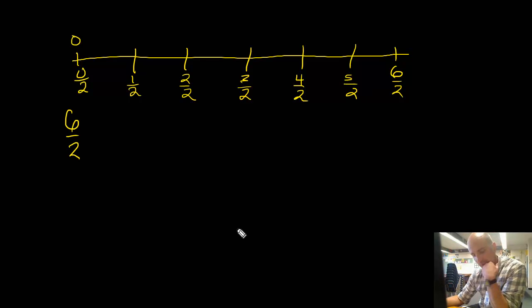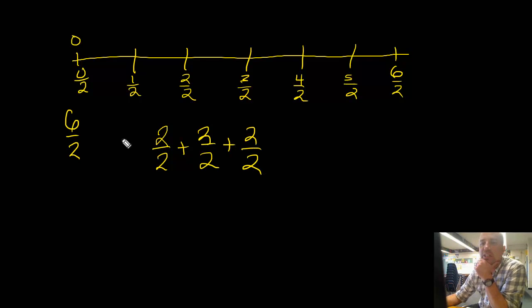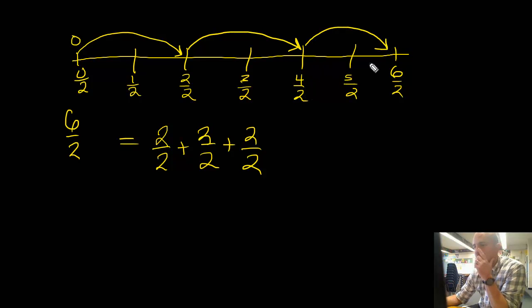Now, what I want to show is an addition sentence that could get me there. If I do something like 2 halves plus 2 halves plus 2 halves, let's show that. So that would equal this, right? 2, 4, and 6 halves. That would give me 6 halves. So let's do that. Let's go 2 halves plus 2 halves is 4 halves plus 2 halves would get me